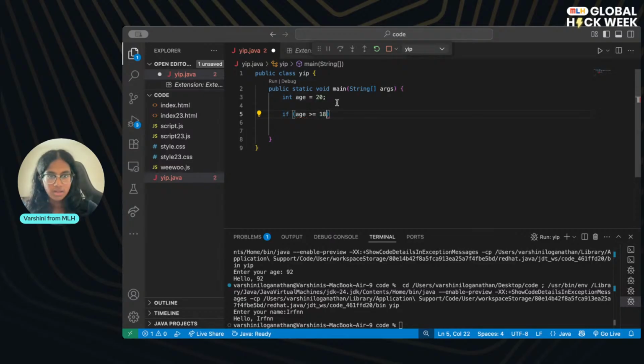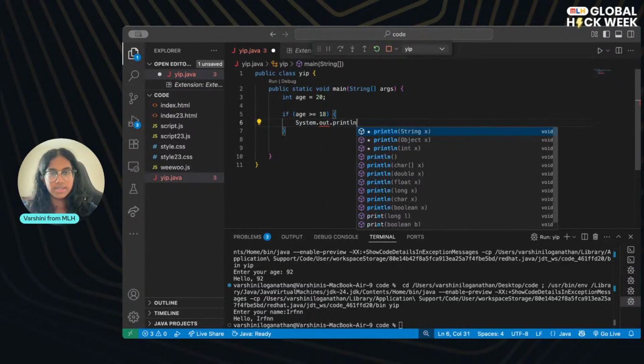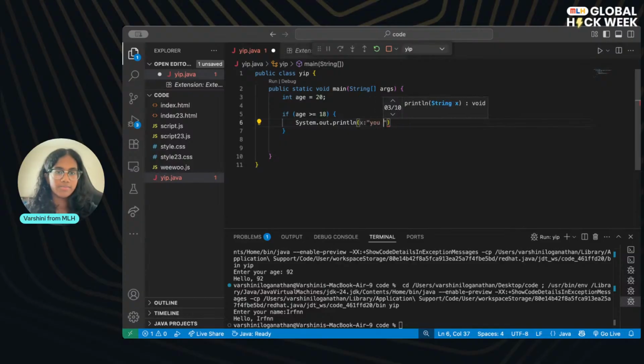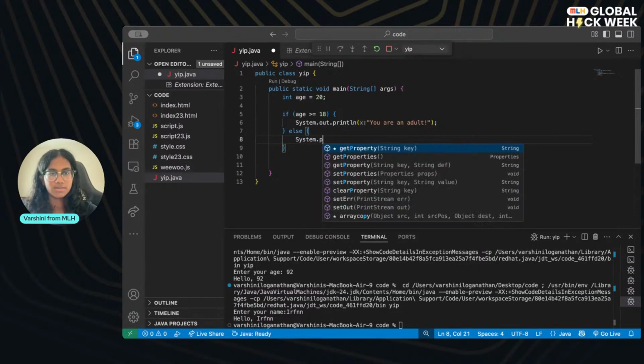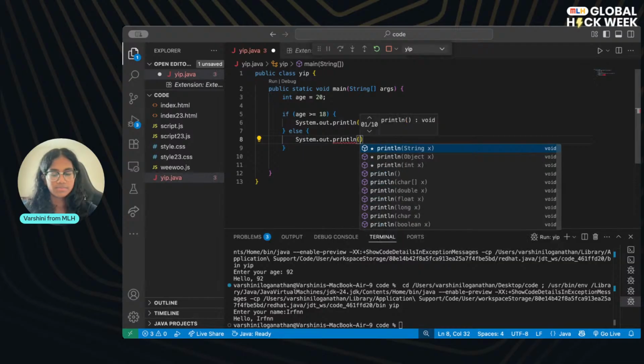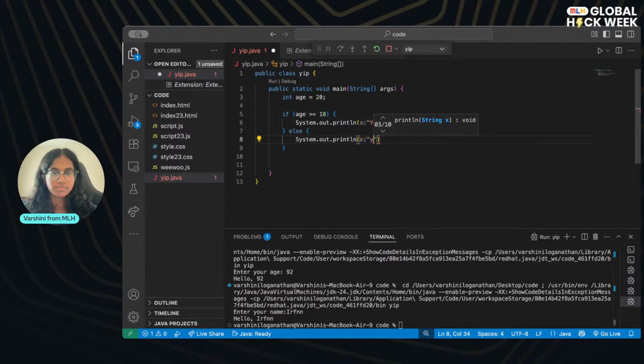So I'm going to do if it's greater than or equal to 18, I'm going to do a print statement, system.out.println, and we're going to tell them you are an adult. And then what we can do here is we can do else, and then we can do system.out.println you are a minor.